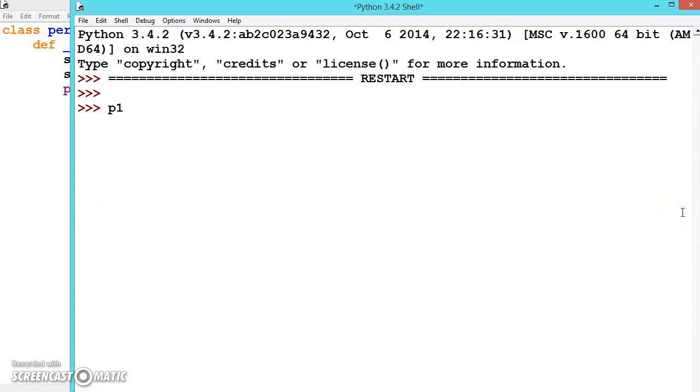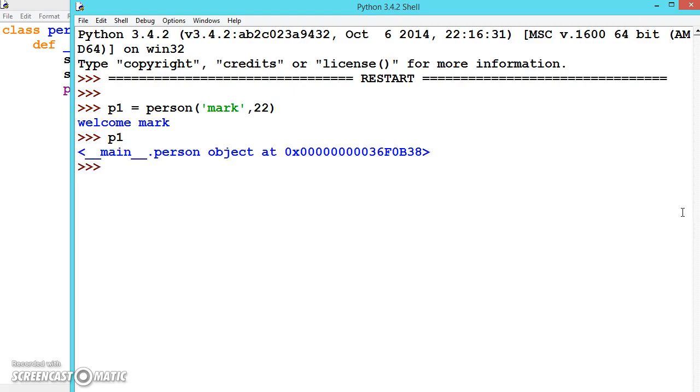Now let us create an object of the Person with the name and age. Let us say Mark, and the age is 22. So it is telling welcome Mark, but actually now if you say P1 and press enter, it is giving the memory location.